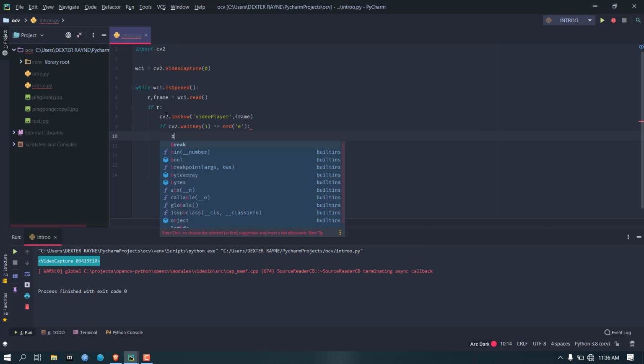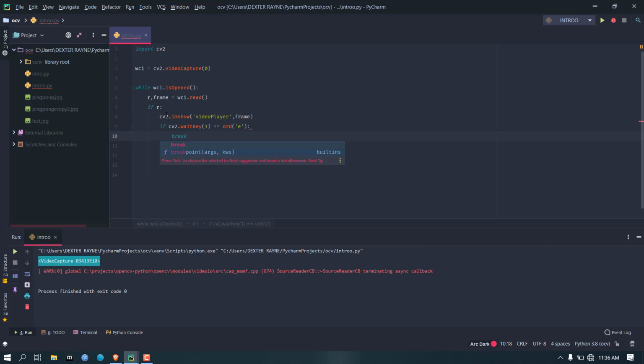We are going to break out of this loop, we are going to stop accessing the video file. And here also, because if r is false, then there is no frame available, then also we are going to break out.